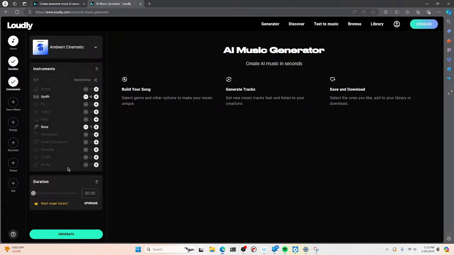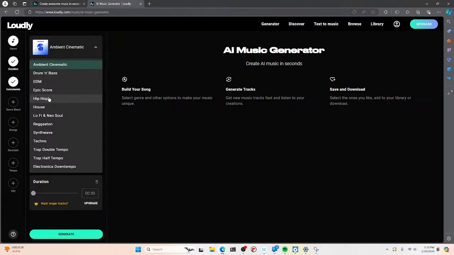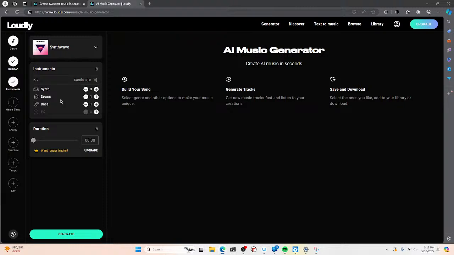Instruments. Randomize. I definitely want synth, FX, bass. Oh yeah, this is ambient. Well, maybe we want something with a little bit more dynamics. Synthwave. Yeah, okay, cool. So drums, bass, do effects,